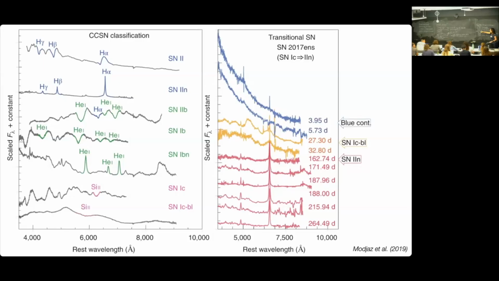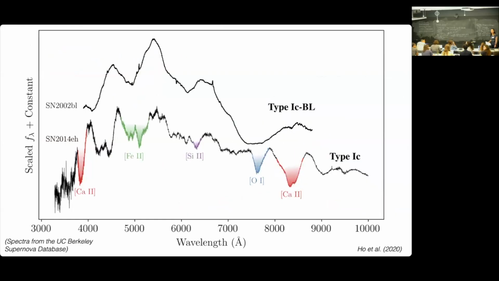Then there are the 1C broadline supernovae, which I know a couple of you are studying. And here it's not about the composition. So it's the same composition as a 1C, but the BL stands for broad lines. And that has to do with the width of the absorption features. So this is a figure that is intended to illustrate this. So you see the 1C with some of the elements labeled. So this calcium 2, oxygen 1,